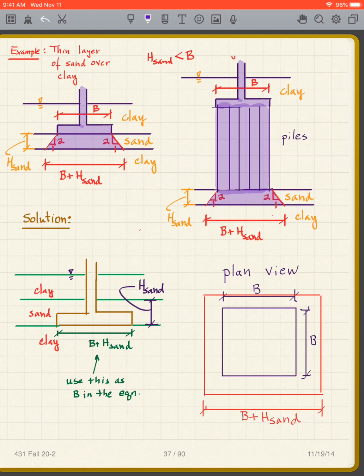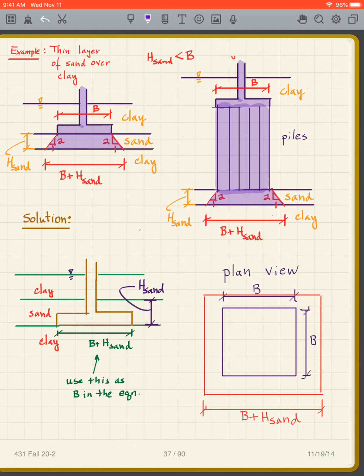Okay, so how do we analyze that, or how is this typically analyzed? Because if I put my footing here, and I do my bearing capacity calculations for that sand, I might not get the right answer because that sand is not thick enough. We're going to get this punch through. So, how do I figure this out? Well, people have observed this, and